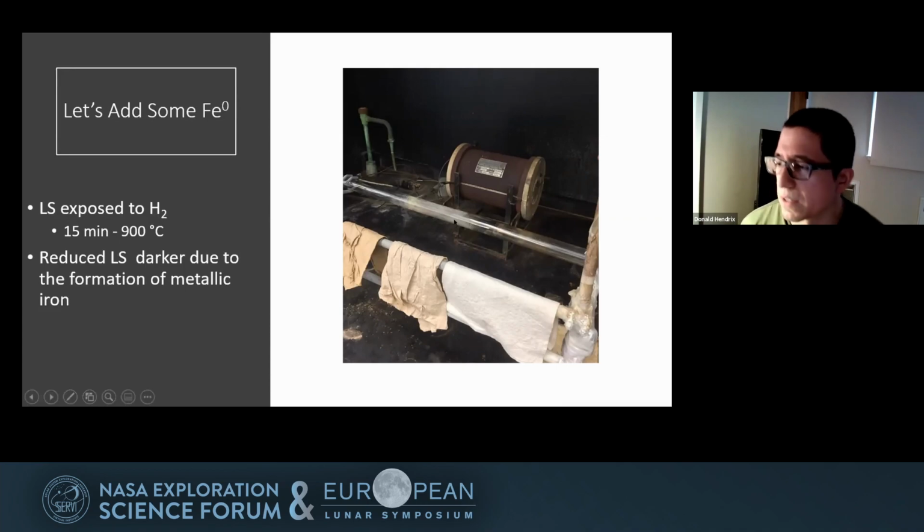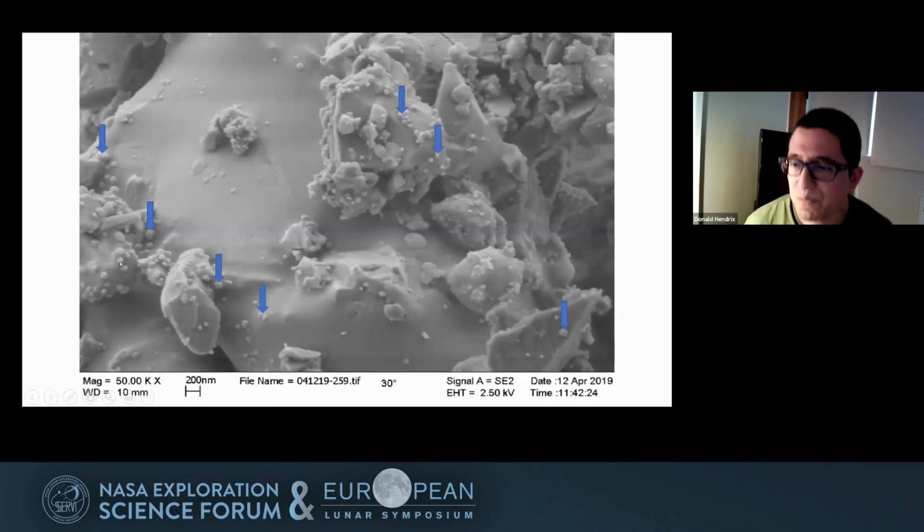Yes. Awesome. So this tube gets flushed with hydrogen gas, and then this tube gets placed into the furnace, and that's heated to 900 C for 15 minutes. Then we remove our samples once they're cooled down, and we notice that they are visibly darker. Under SEM, we see all these little blebs on the surfaces of the grains. And these grains are